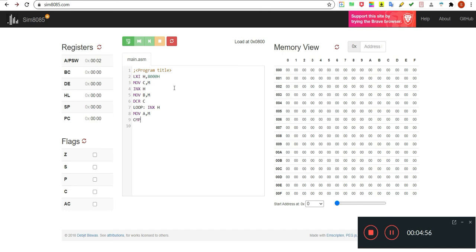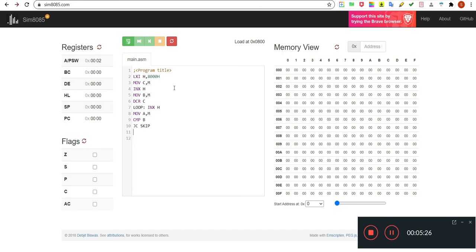The next instruction is CMP B, which compares the content of register B with the accumulator. Next instruction is JC skip.